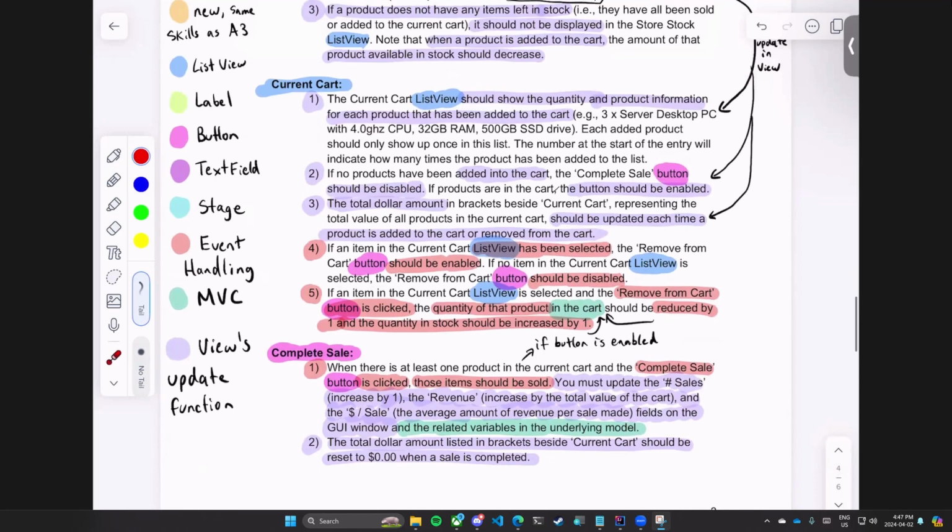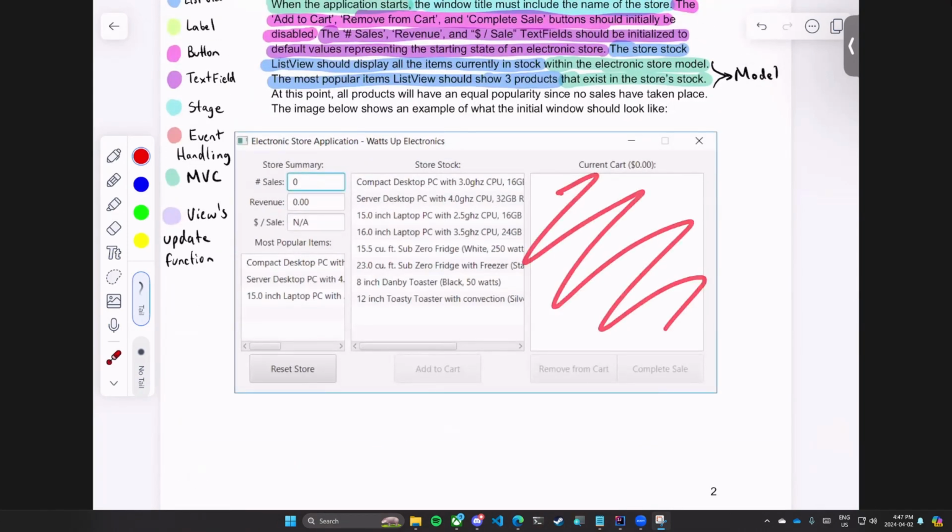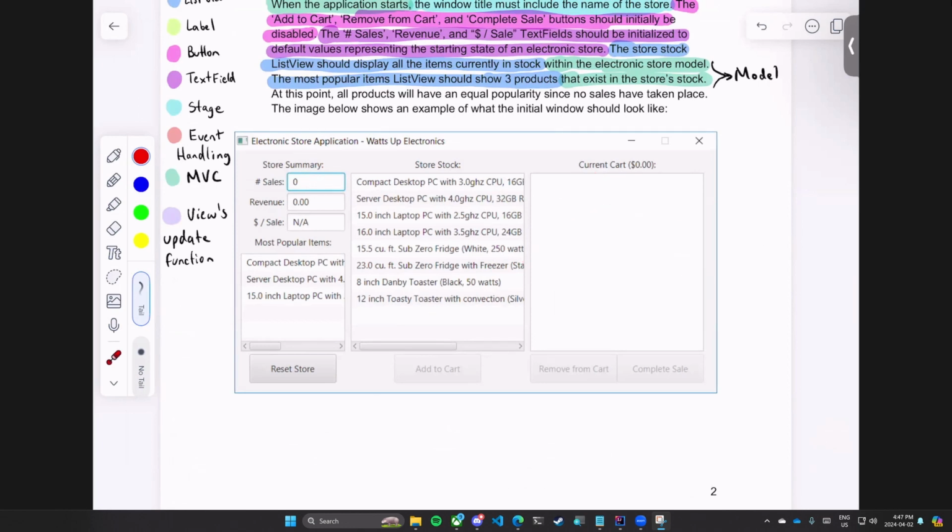All right. So here we have some instructions that it should display the amount of things that you have in the cart. So if you have 3 of one thing, you should say 3x that, whatever. So how do you make sure that this list view always has the correct stuff on it? Simple. You make sure the update function for the view is coded correctly. If you have the update function in the view coded correctly, then this list view will always be correct,